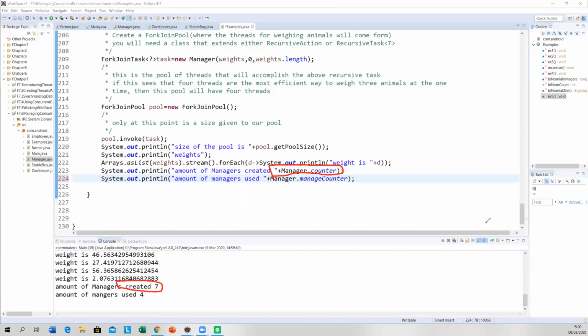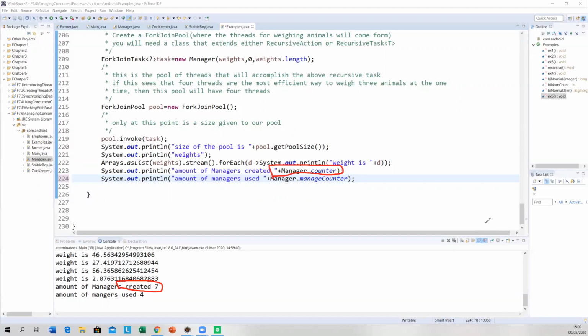However, the way it's set up at the moment is that it creates managers and then it sees how many weights that manager has. Okay. So it creates 3 that have 5 weights. All right. It creates 3 that have 5 weights.